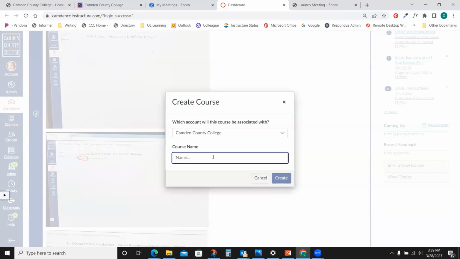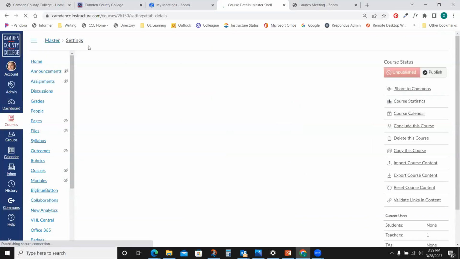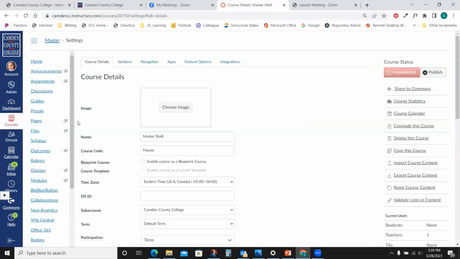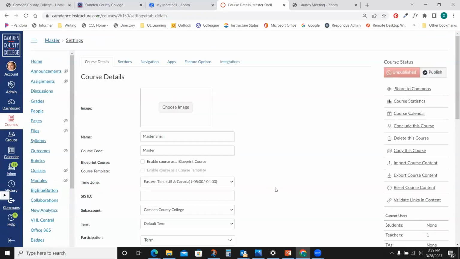So you'll put it in that sub-account, and then you'll just call it whatever you would like. And again, I would recommend naming it something that is going to stand out so that you know that it is your master shell and not a shell that was assigned to you. And then when you click Create, it's just going to create this shell for you. Again, I do recommend leaving it in the default term so that it'll always be there on your dashboard unless you choose to remove it.